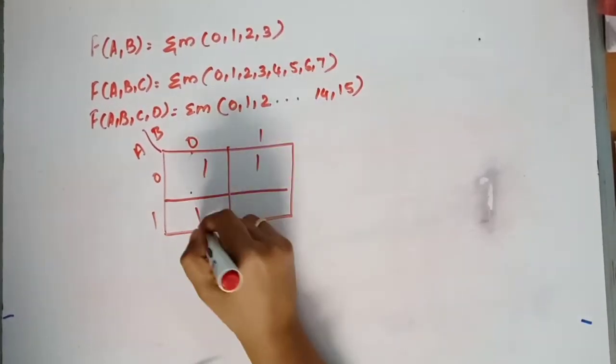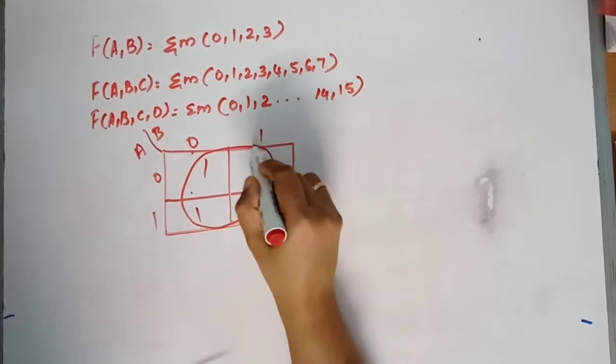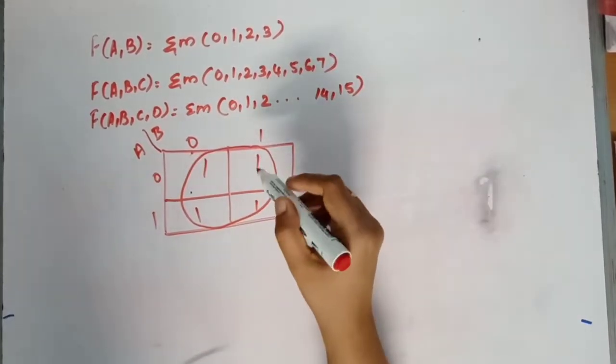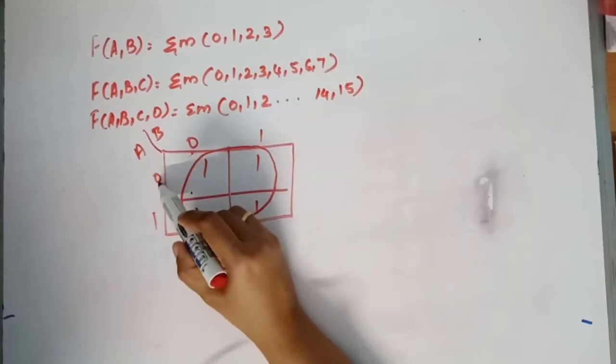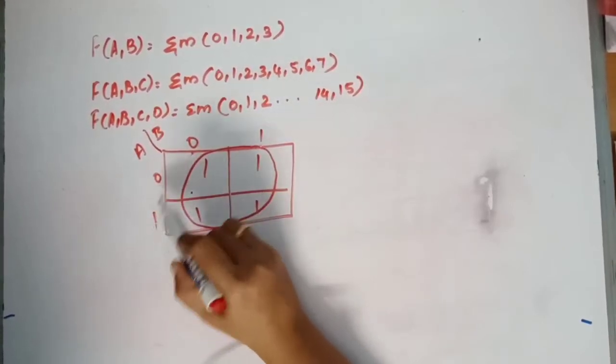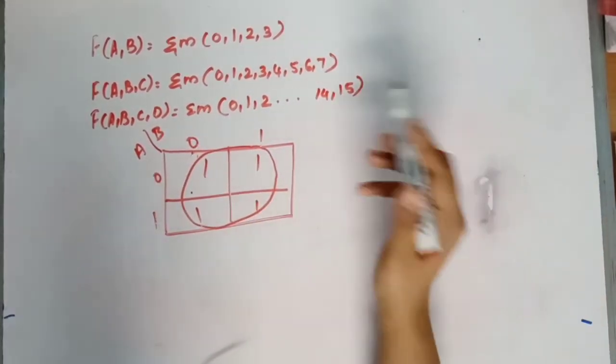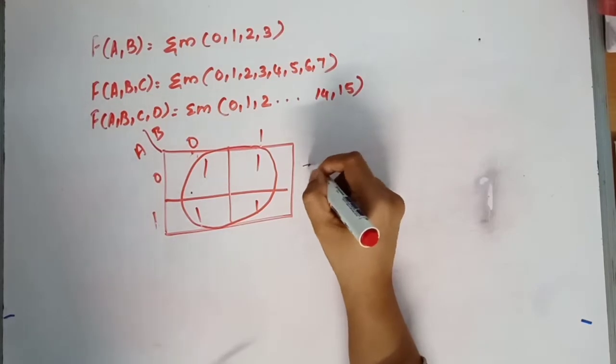So this is my Kmap. Everything is 1. So this means that if the input is 0, 0, the output is 1, 0, 1, the output is 1, 1, 0, the output is 1, and 1, 1, the output is 1. So what does that mean? The output is 1